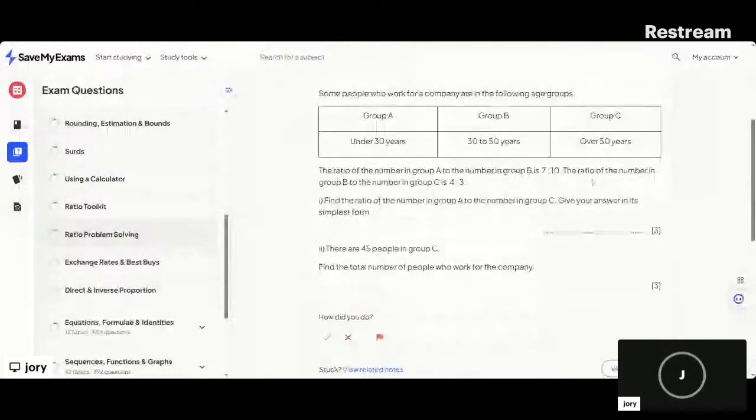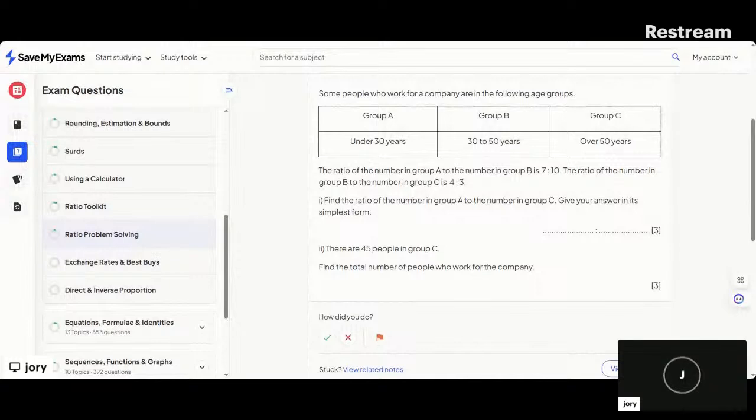There are 45 people in Group C. Find the total number of people who work for the company. We've got 45 people in Group C. 45 others, 15. Alright, so 45 divided by 15 times 14. There's 42 people in Group A, right? And these 42 people divided by 7 times 10, there's 60 people in Group